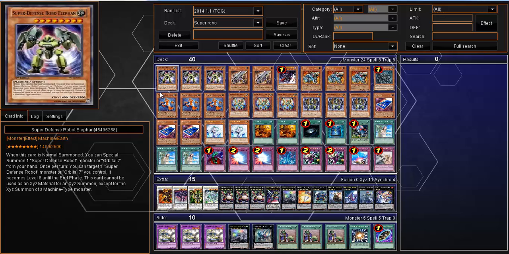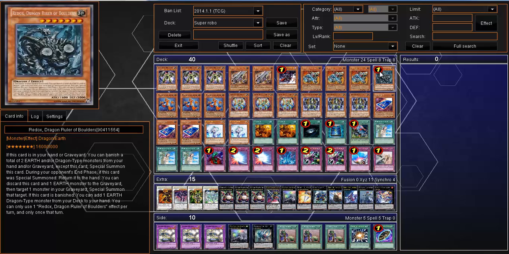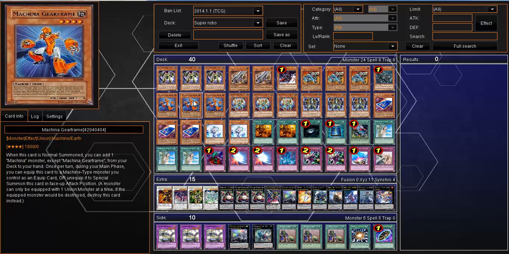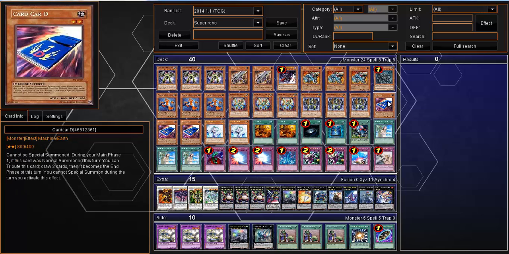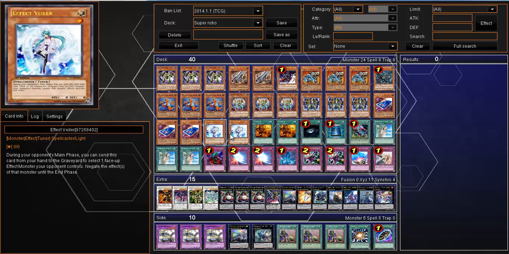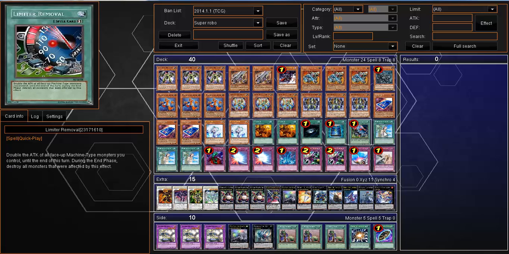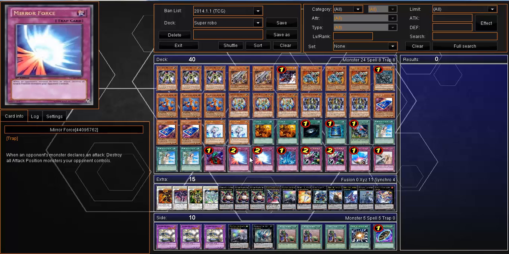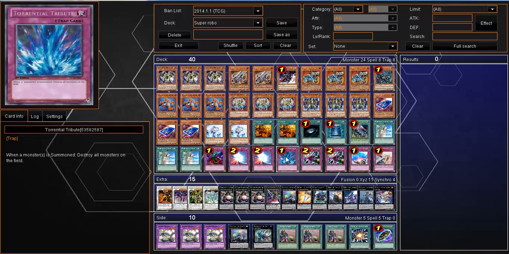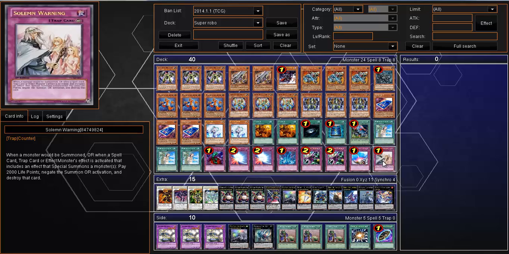So let's move on to the deck profile before I ramble on too much. 3 Defence Robo Elephants, 2 Cannons, 1 Gauze, 3 Machina Fortress, 1 Redox, 3 Gear Frame, 3 Robo Leo, 3 Robo Monkey, 3 Card D, 2 Effect Veilers, 2 Trade-ins, 1 Dark Hole, 1 Book of Moon, 1 Limiter Removal, 3 Forbidden Lance, 1 Bottomless Trap Hole, 2 Mirror Force, Torrential Tribute, 2 Dimensional Prisons, 1 Compulsory Evacuation Device, and